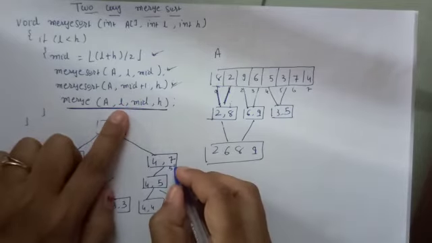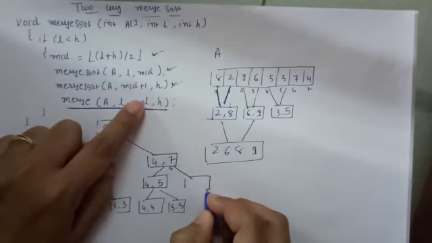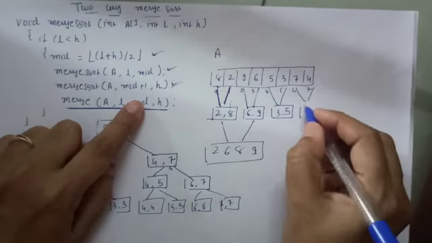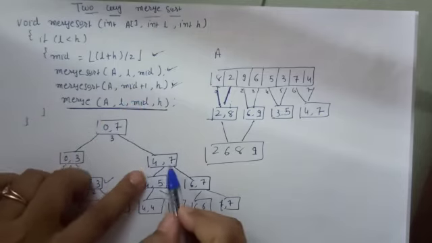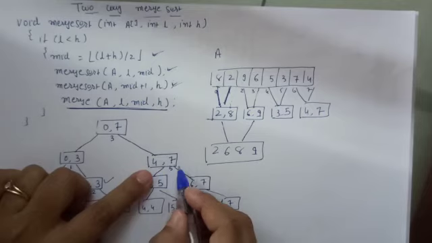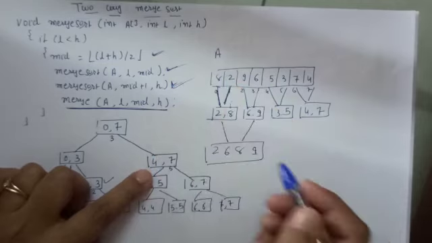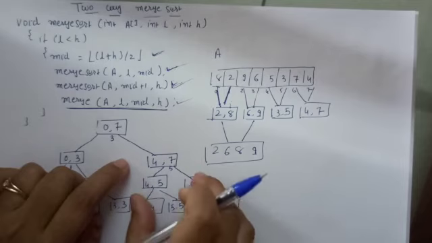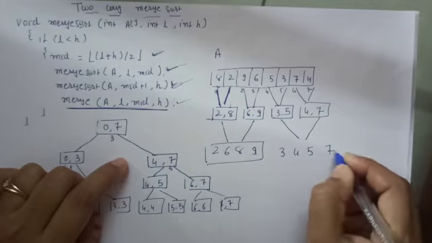Now for this 4 to 7 call, this one is completed. Now the right-hand side, mid plus 1 to high, so 6 to 7. Again that gives us 6 to 6 and 7 to 7. So 6 and 7 are merged together. Now for this call 4 and 7, mid is calculated, this merge sort is called, and this one is called, only the merging procedure is remaining. So on these 2, merging would be performed, that gives us 3, 4, 5 and 7.